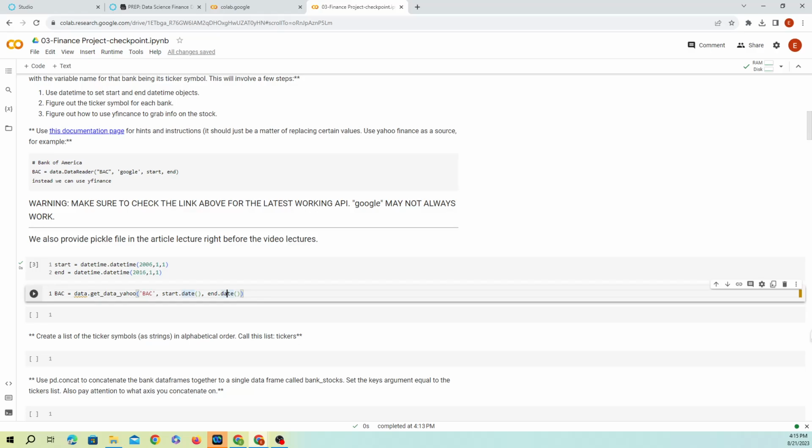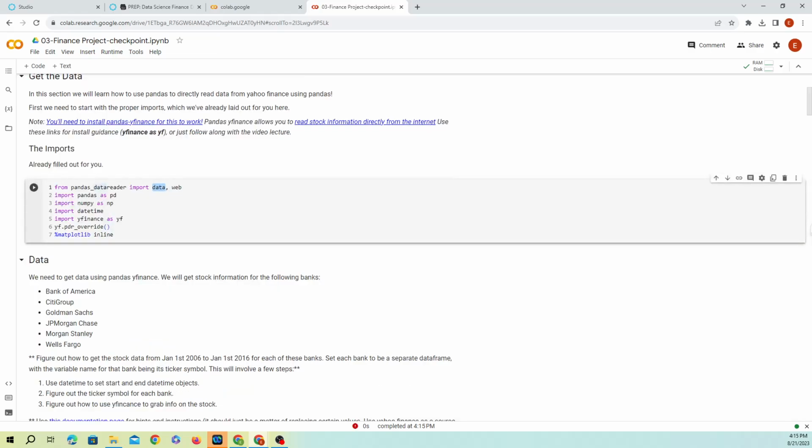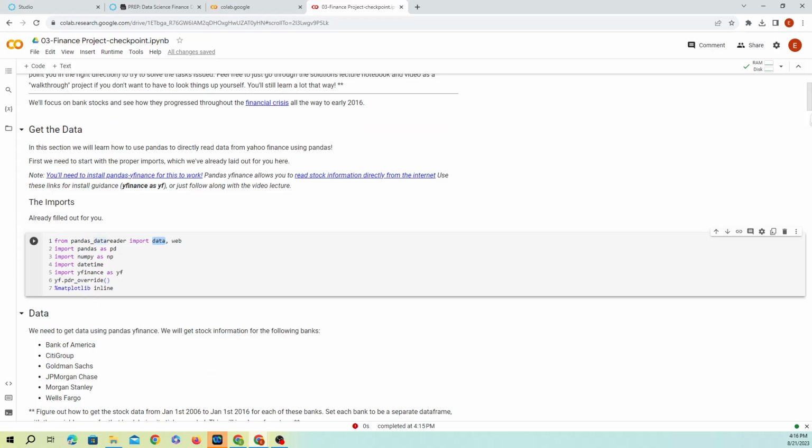Oh, we did need to use the data reader. Sorry. So we do need this data reader from pandas_datareader. Sorry about that. So we do need that pandas_datareader import data, but we're not going to use the web.